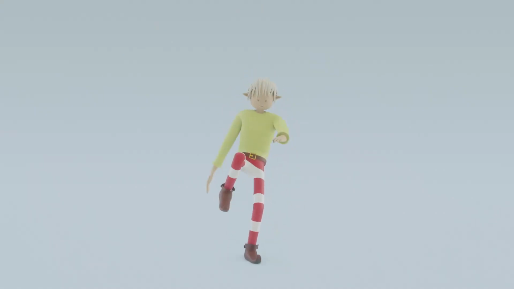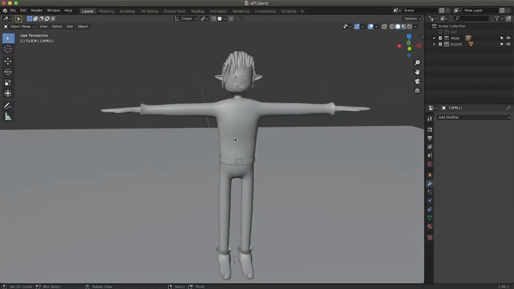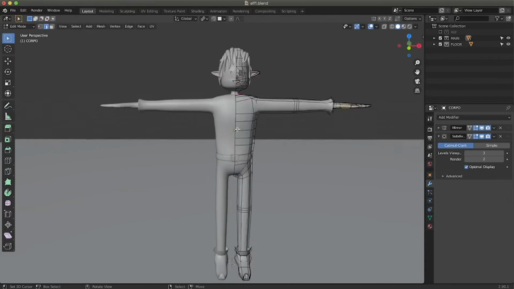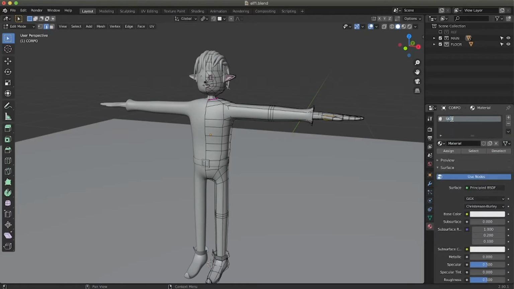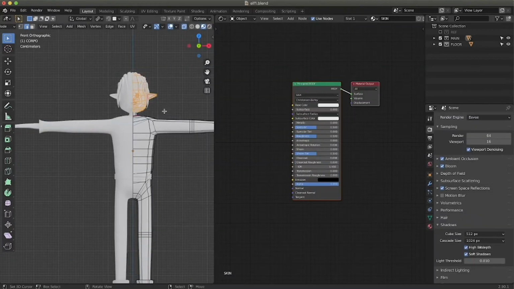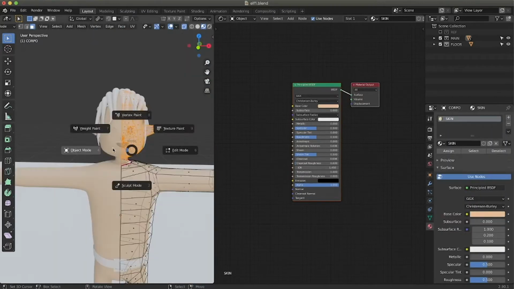This is what we are going to create in this video. We have the character we used last time and we select the character and we create a new material. We rename the material as we want. We select the polygons we want to get that material assigned to.